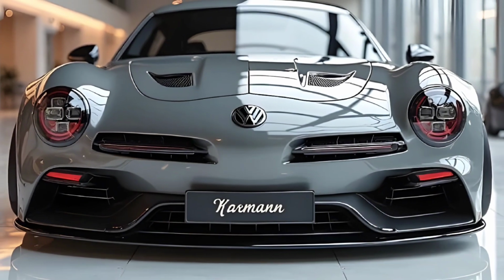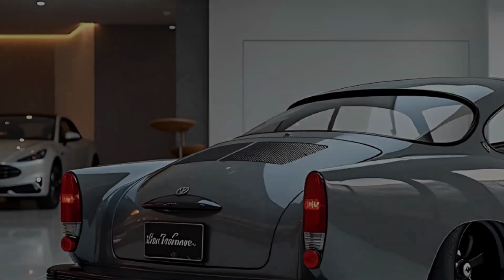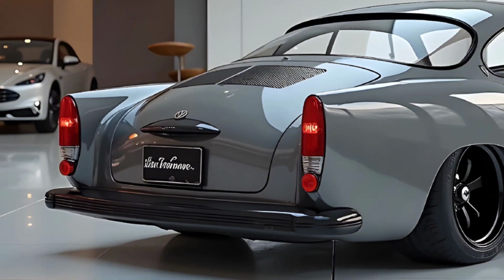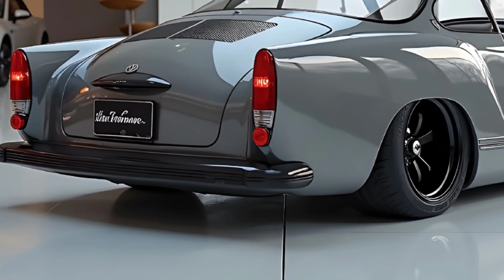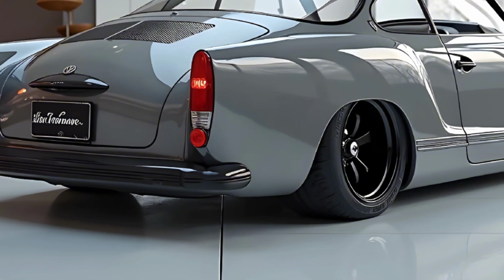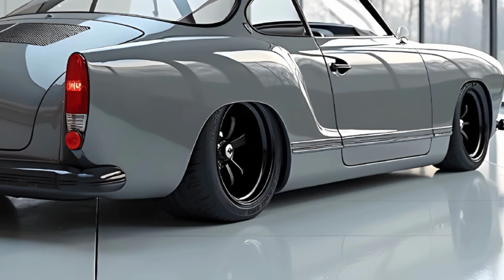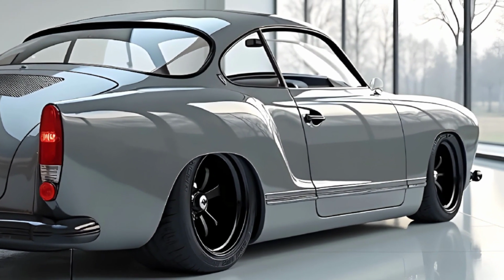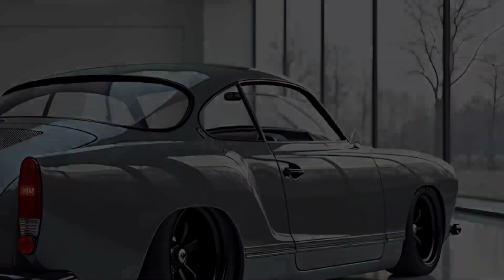The front fascia features sleek LED headlights integrated seamlessly into the body, giving it a futuristic yet classic gaze. The grille has been reimagined with a minimalist design, incorporating subtle chrome accents that add a touch of elegance without overwhelming the overall aesthetic. One detail that stands out is the updated alloy wheels. They come in several modern designs, each inspired by vintage styles but crafted with lightweight materials to improve performance and